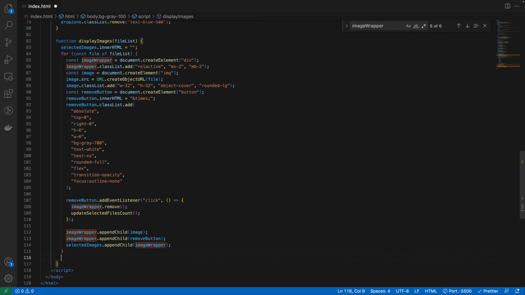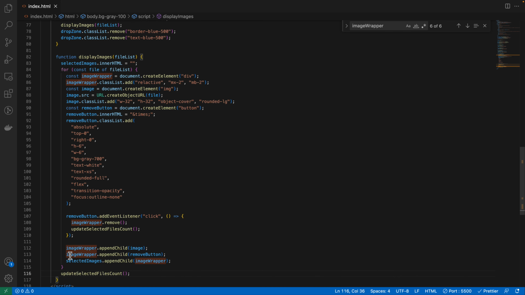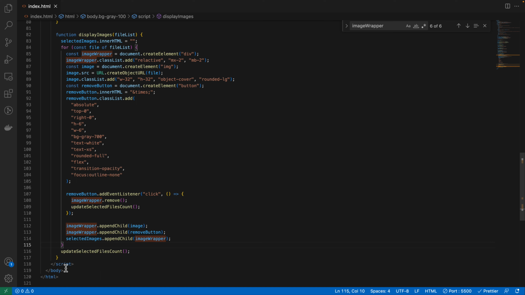So now I will update selected files count. So whenever you select files, for example, you are displaying 5 images, then it should update the selected files count as well. So at the end it will do that. Now we will create a function